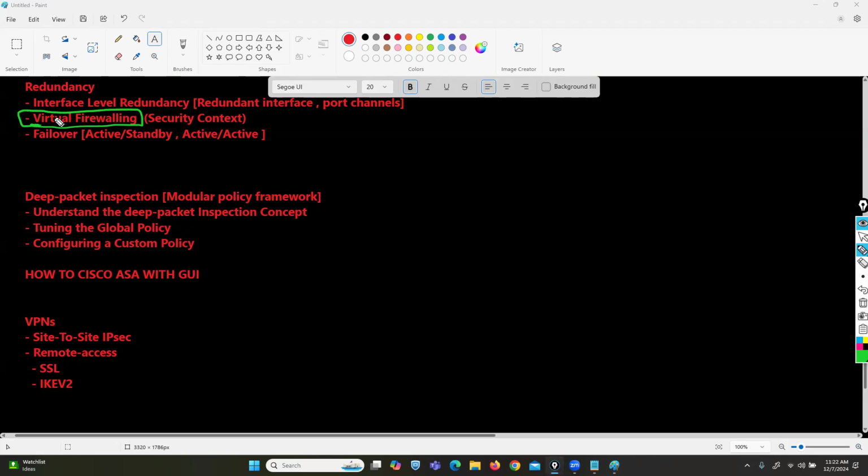We have the same concept in Fortinet. In Fortinet, you can divide your single firewall box into multiple virtual firewall boxes. In Fortinet, you call it the VDOM concept. In Cisco, you call it virtual firewall, or security context. For example, if I have a firewall device,